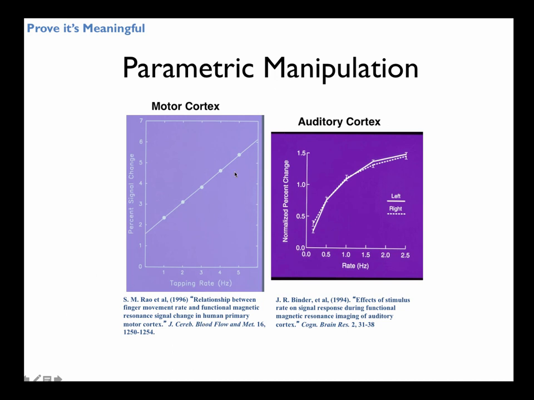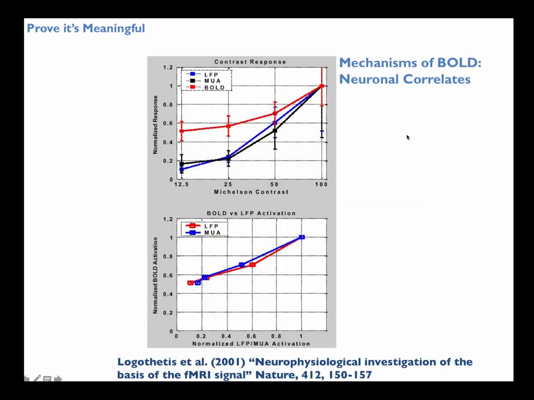But I'm not going to question it. I'm actually a co-author on it, but I always wonder. I ask Steve Ray about that every once in a while. He's like, it just worked perfectly. It's great. And this is auditory cortex, in which the syllable rate is modulated, and so you also see sort of this monotonic response. And then a really important paper came along by Nikos Logothetis in 2001